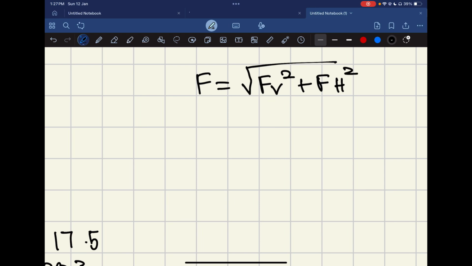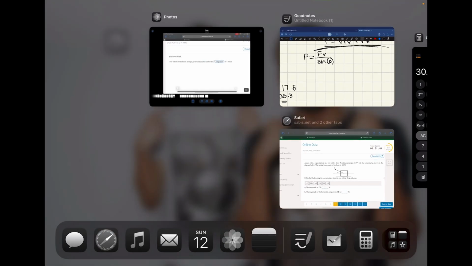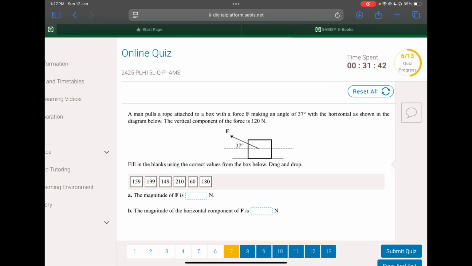Okay, but if they're going to give you the vertical component and an angle. If they don't give you the vertical component and the angle, this is the formula you're going to use. But if they give you the vertical component and angle, then you have to use this formula, which is vertical component over sine of the angle. So here, since they gave us the vertical component and the angle,